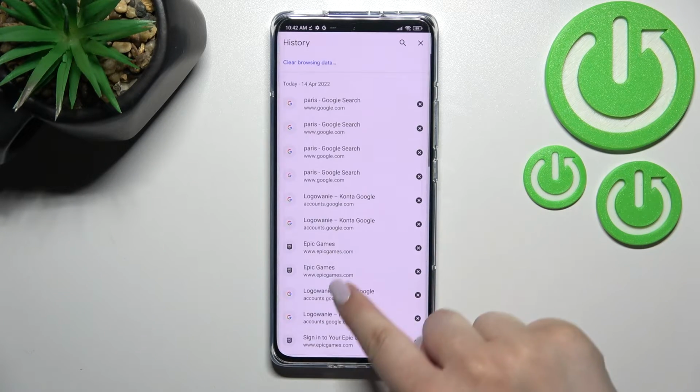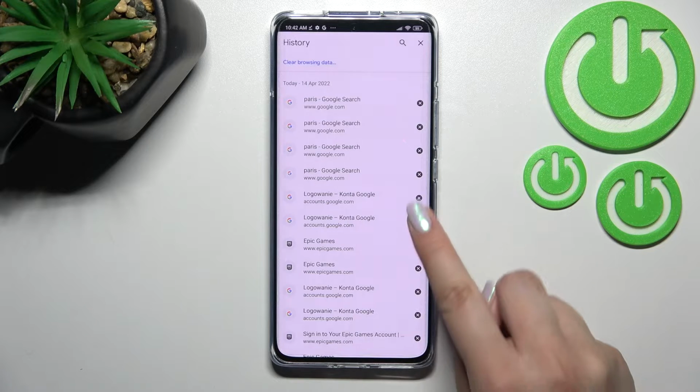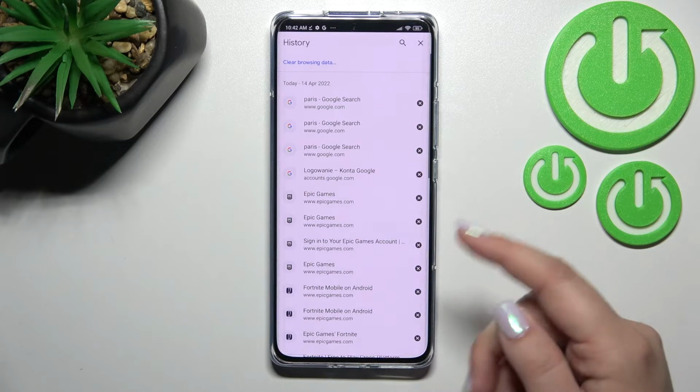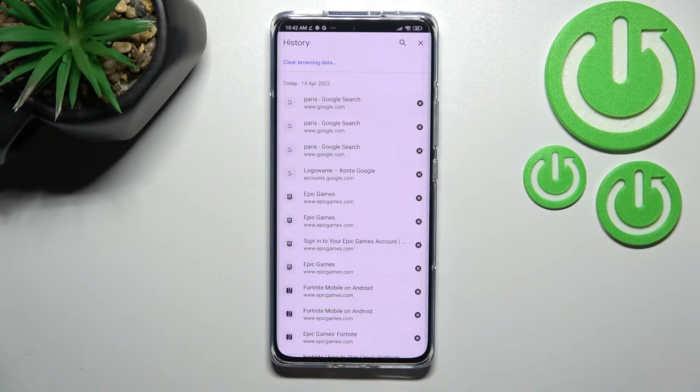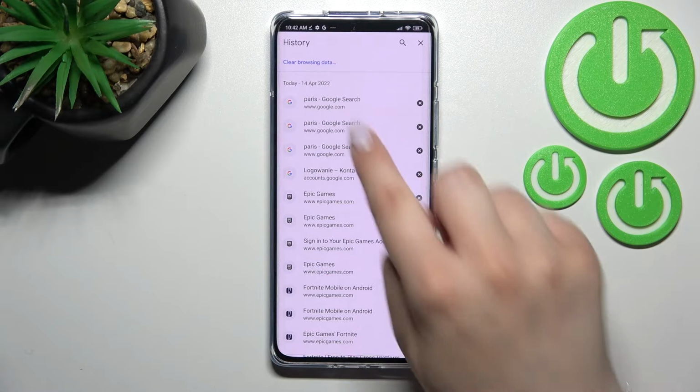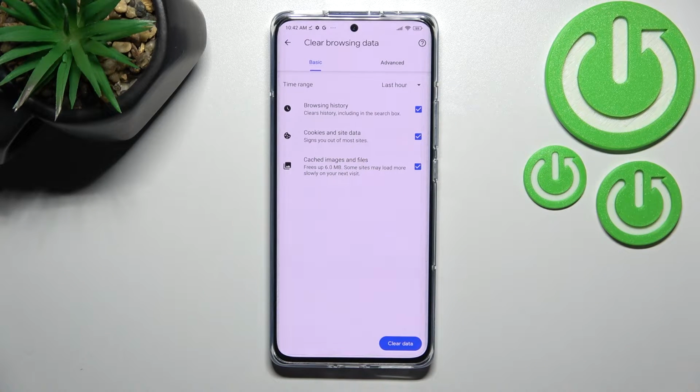So of course if you want to, you can remove them manually one by one just by tapping on this X button right next to it. But let's be honest, if this list is so wide, then probably you do not really have the time to do it manually. Then I highly recommend to simply tap on clear browsing data, and here we've got some basic